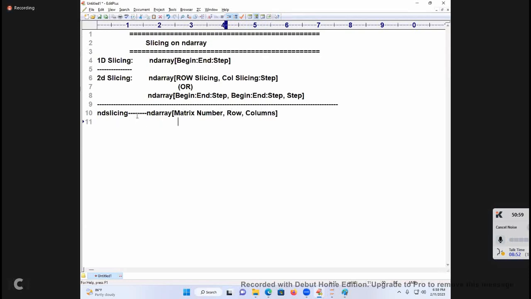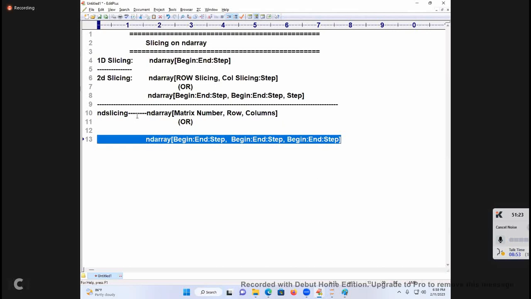Next, ND array: begin colon, end colon, step for what? Matrix number. Next, begin colon, end colon, step for what? Row. Begin colon, end colon, step for what? Column. A marvelous syntax. Even a student who is learning data science asks about this syntax out of order.